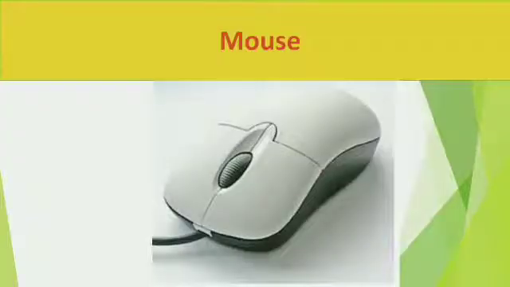Mouse. The mouse is an input device which is connected to the computer by a cable. The mouse causes a pointer or cursor to appear on the screen. Mouse is used to point and select a text and also to click on a link on a web page. For smoother functioning, we can place it on a mouse pad, students.